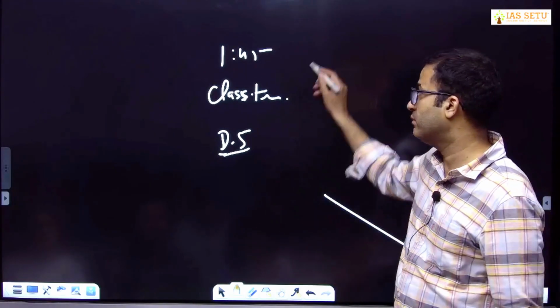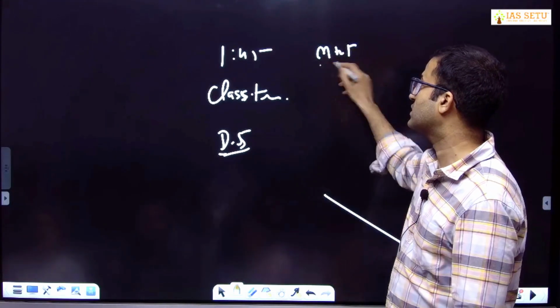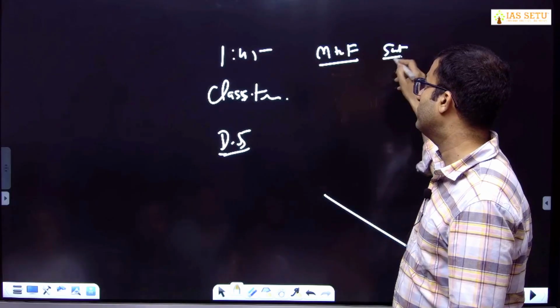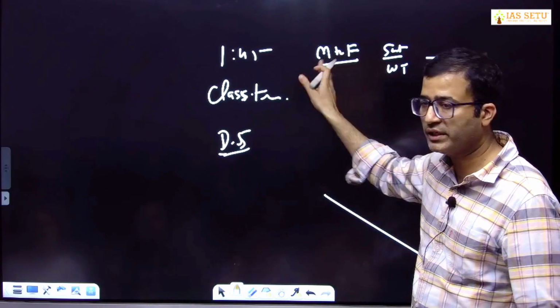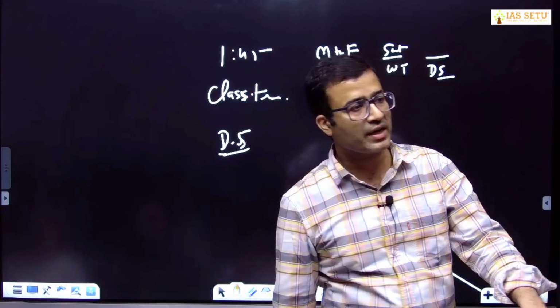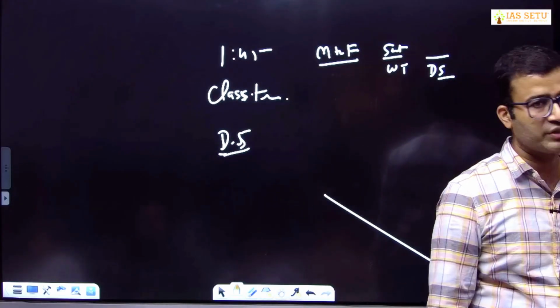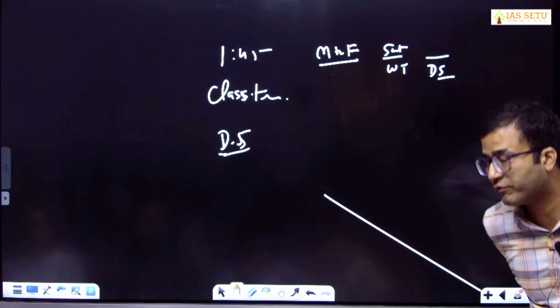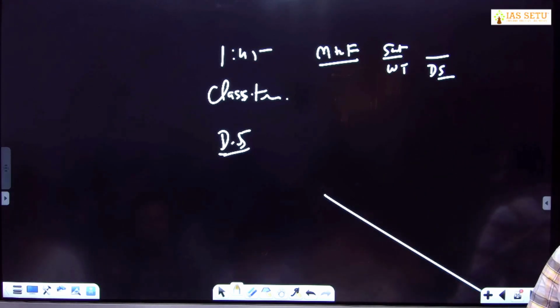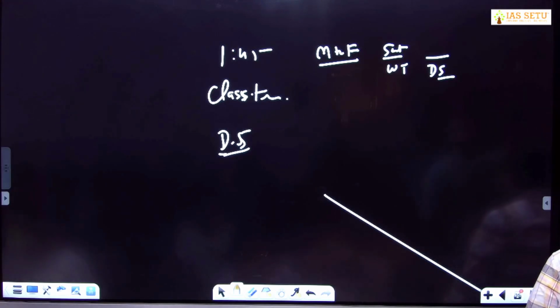मंडे टू फ्राइडे will be classes, मंडे टू फ्राइडे क्लासेस रहने वाली है। सैटरडे को there will be weekly test, संडे को you will have doubt session with mentor। I will tell you later। अभी तो बेसिक कर रहे हैं, तो this week we have just lectures, we will not have class test. Class test we will start from 4th lecture and 5th lecture। Okay ji, thank you students, thank you very much. If any doubt you can wait here, otherwise you can leave the lecture।